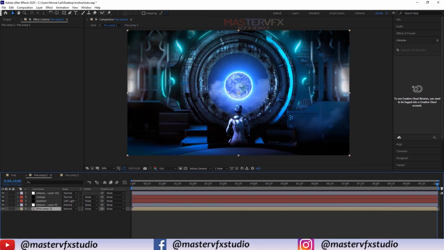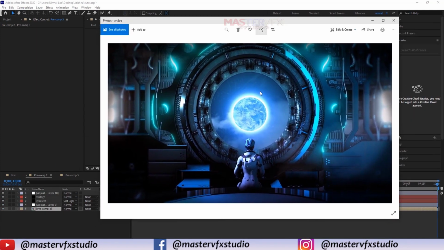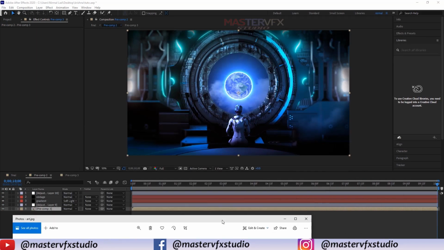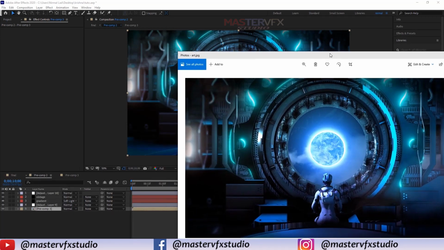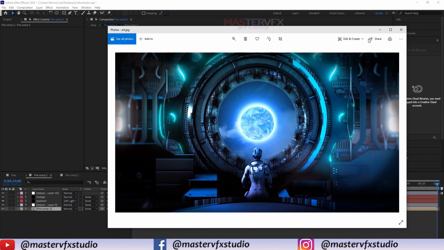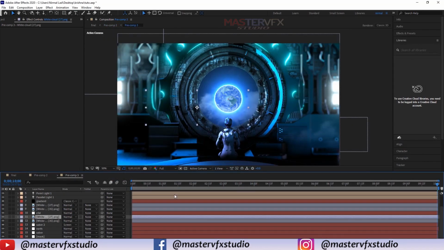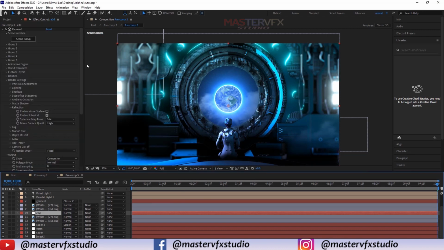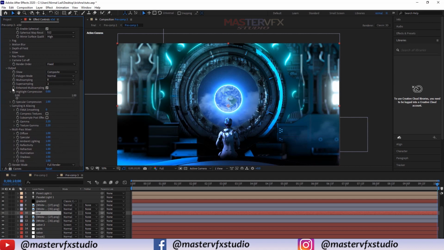Okay, so now we are going to compare this. It looks the same as this, but I think this tutorial one is very good as compared to my original one. So one thing that you should always check at the end is the output settings here.